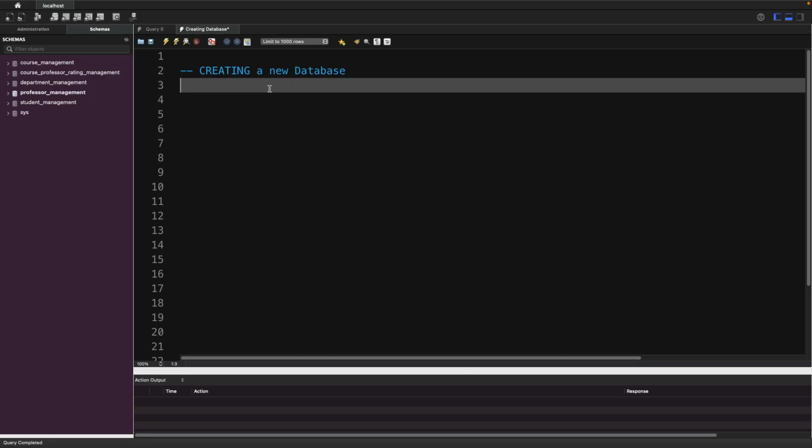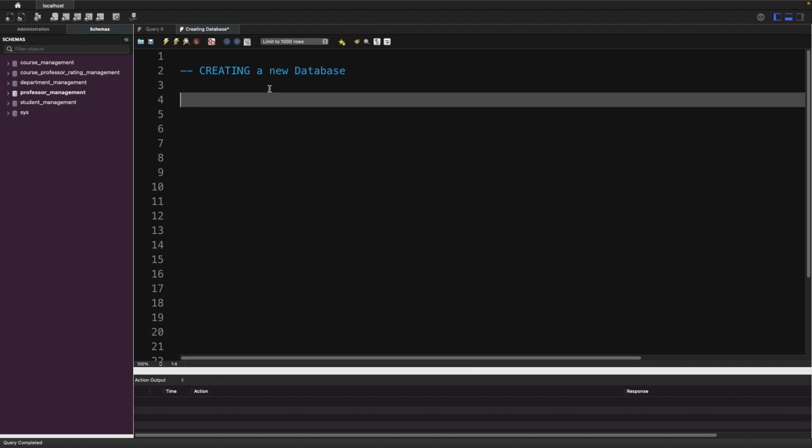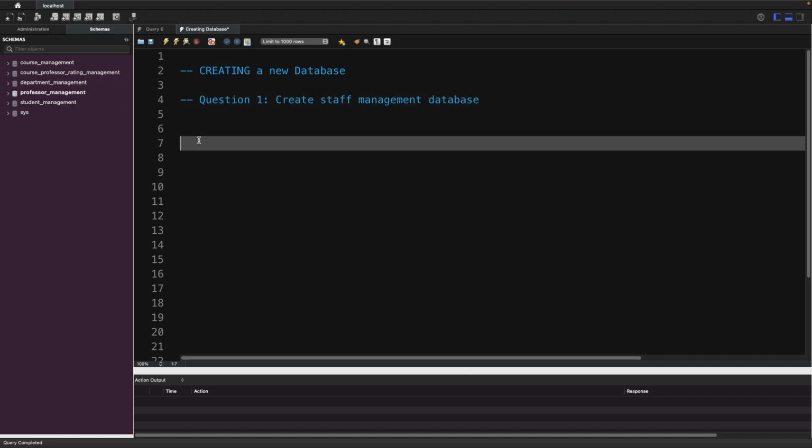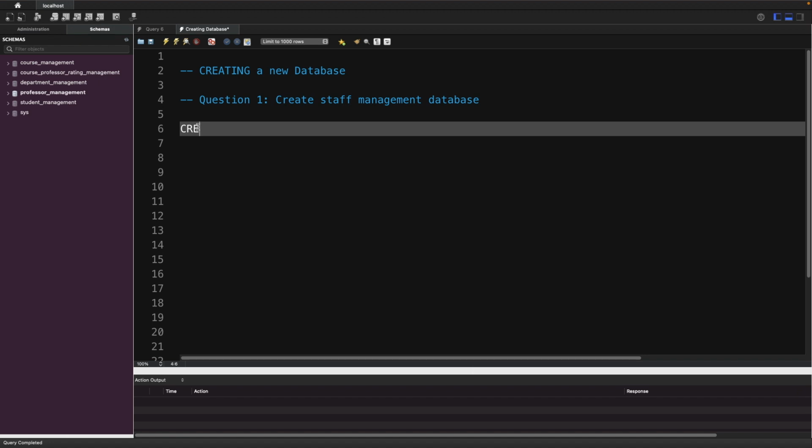Just see on the left side of this panel we have some existing databases such as student management, professor management, department management, course professor rating management and course management, right? And we are going to create here a new database